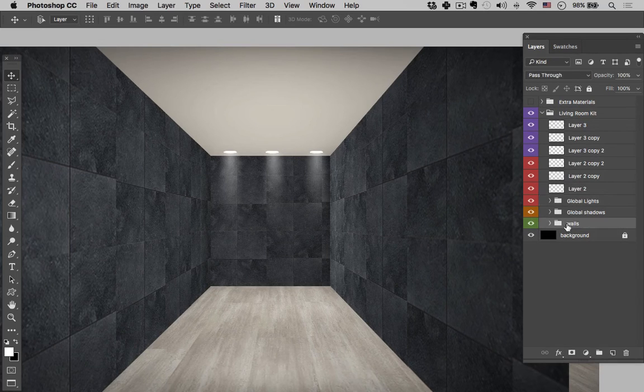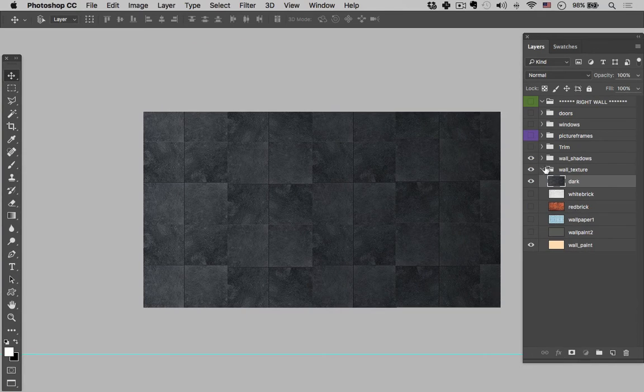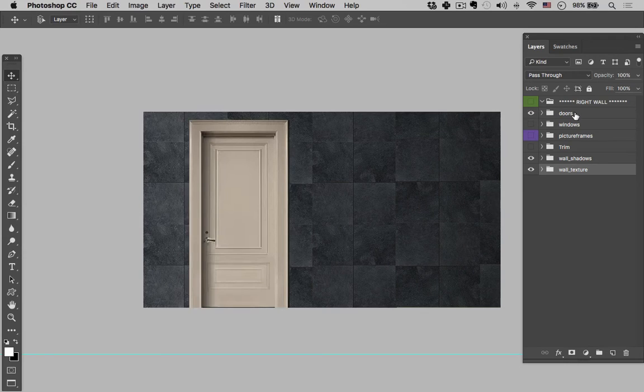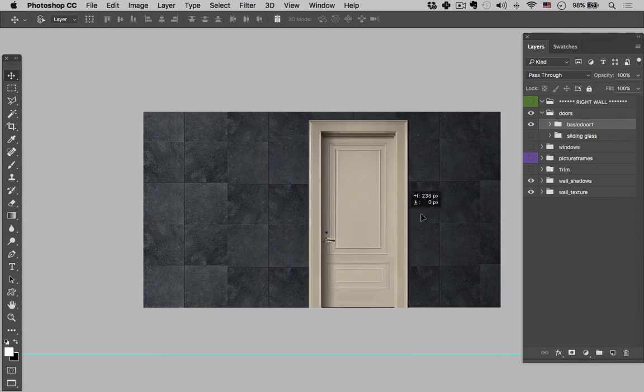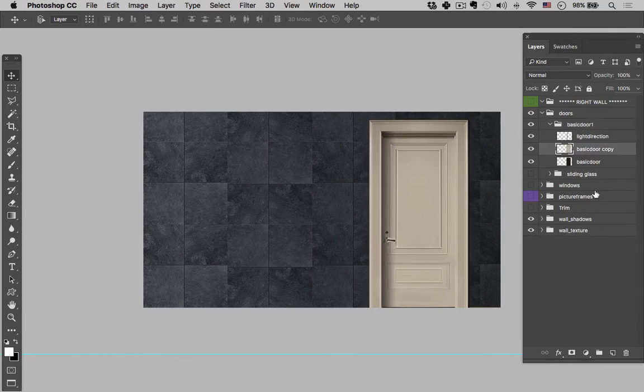So obviously you can do a lot more here. You can go into the walls. We could add maybe a door on the right side. We have one pre-made here in the kit. Let's just go to this one. Let's drag that over. Maybe we'll bring it closer to us just for looks. I'll make a new layer above that. Thinking we could just make this